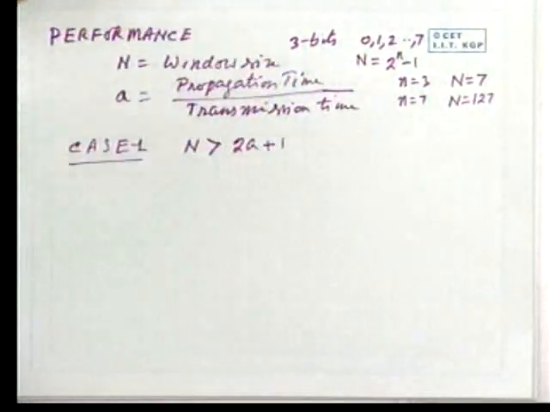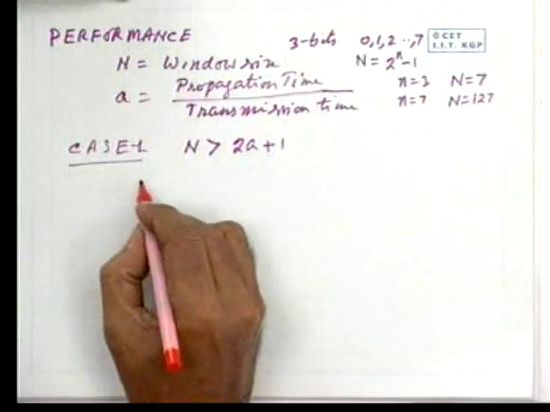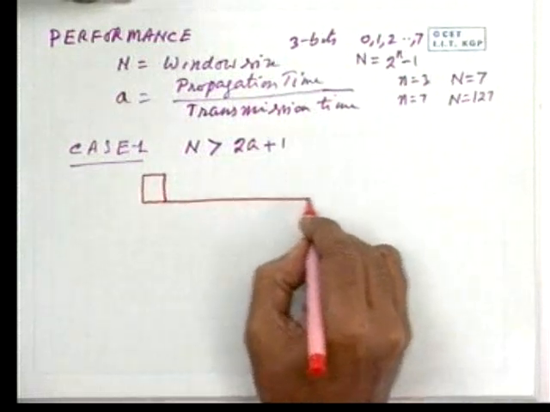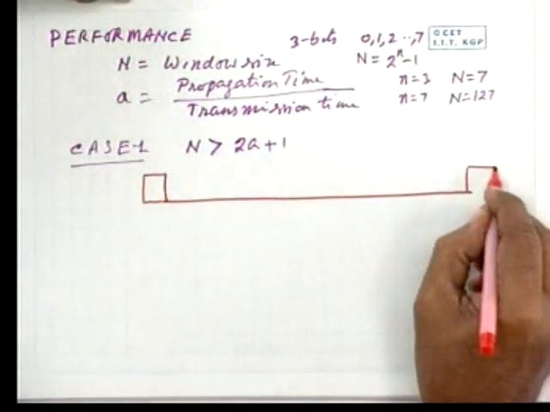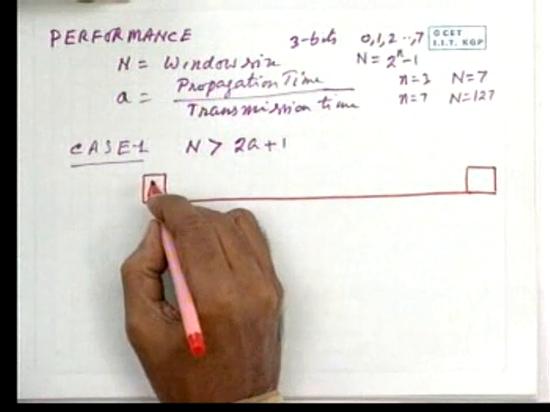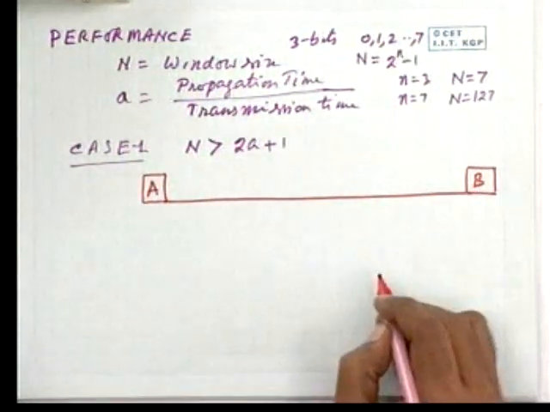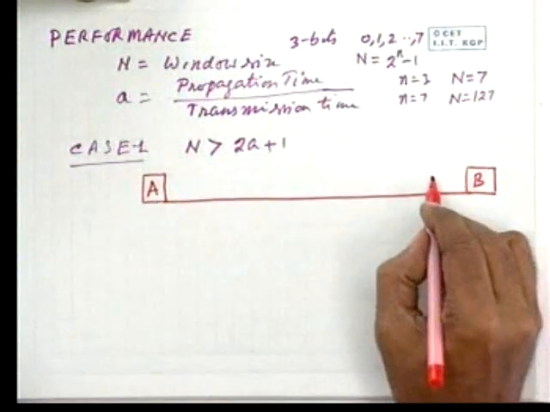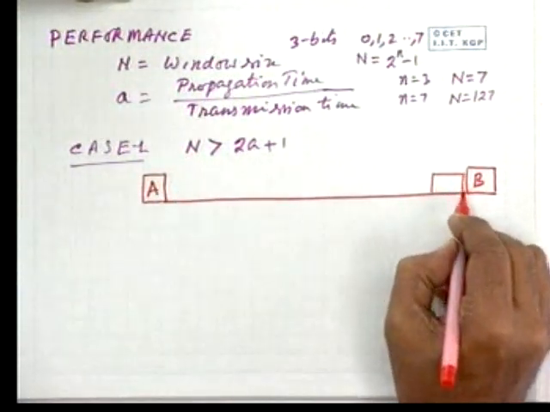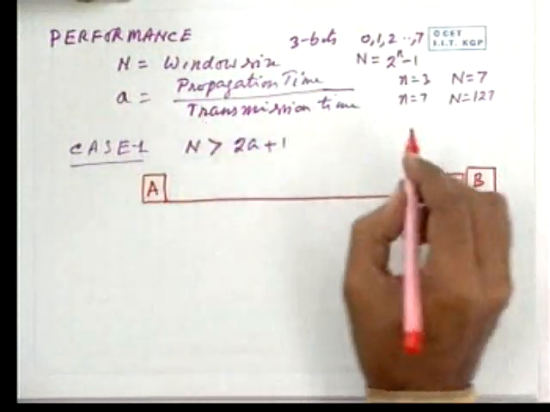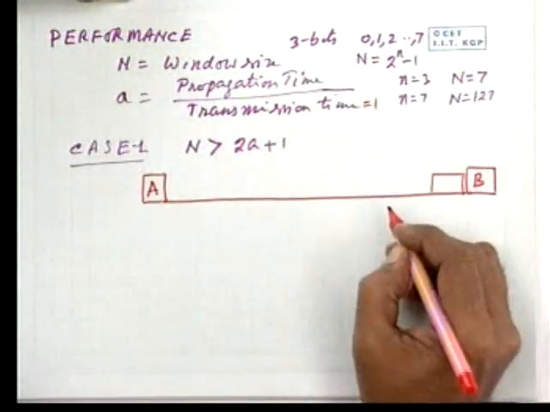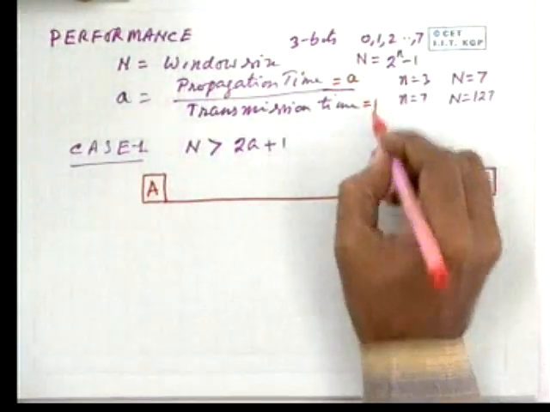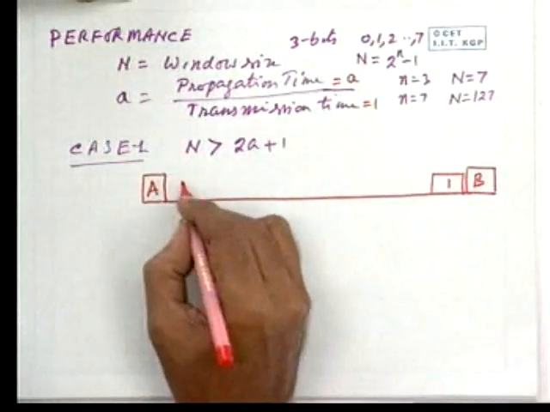In such a situation, let's assume this is your transmitter and here you have got your receiver, two stations A and B. Now in time A, there will be A frames, because the transmission time has been assumed to be equal to 1 and propagation time has been assumed to be equal to A. With these assumptions, you will have 1 to A